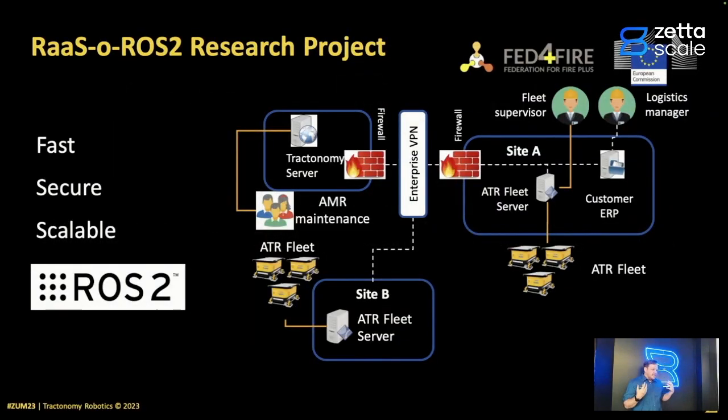So the project itself had a couple of ideas where we had multiple sites of customers, then multiple customers actually all talking over ROS2, in this case actually talking DDS communication traffic, over even a VPN to different global enterprises and then different sites globally, talking to a cloud infrastructure that we had set up for ourselves. This had also been deployed on a Fed4FIRE system, which helped us actually scale these things. Fed4FIRE has some testbeds, some in the States, some in Europe, some in Asia, and then we can actually orchestrate